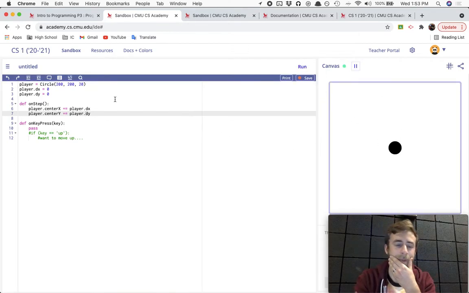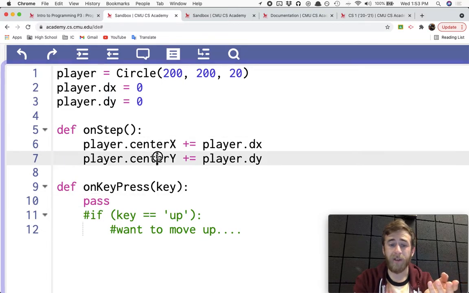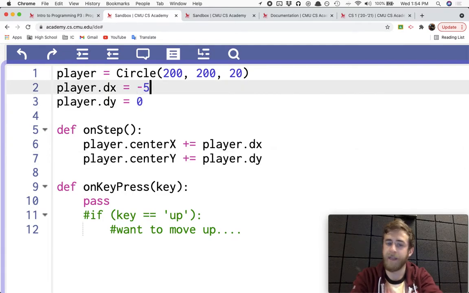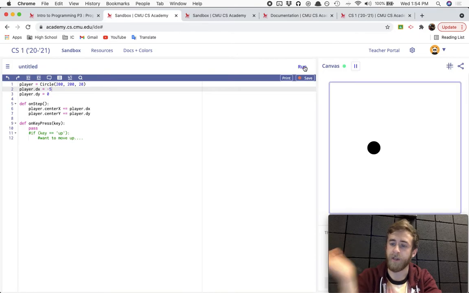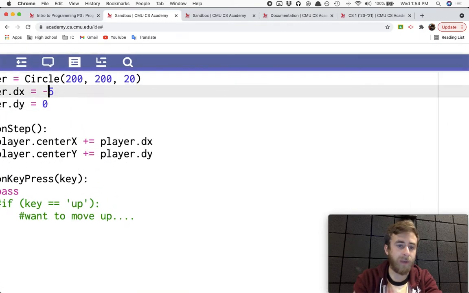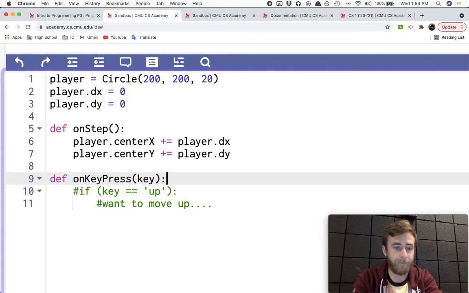There's no error. Great. Now what we can do, since the player is always reacting to its change in x or its change in y, and right now it's 0, so it's not moving, if I wanted to, I could say, oh, let's make it -5, and now you'll see the player start to move to the left, right? But instead of that, what I'll do is I'll give the controls to the user by saying, okay, here on